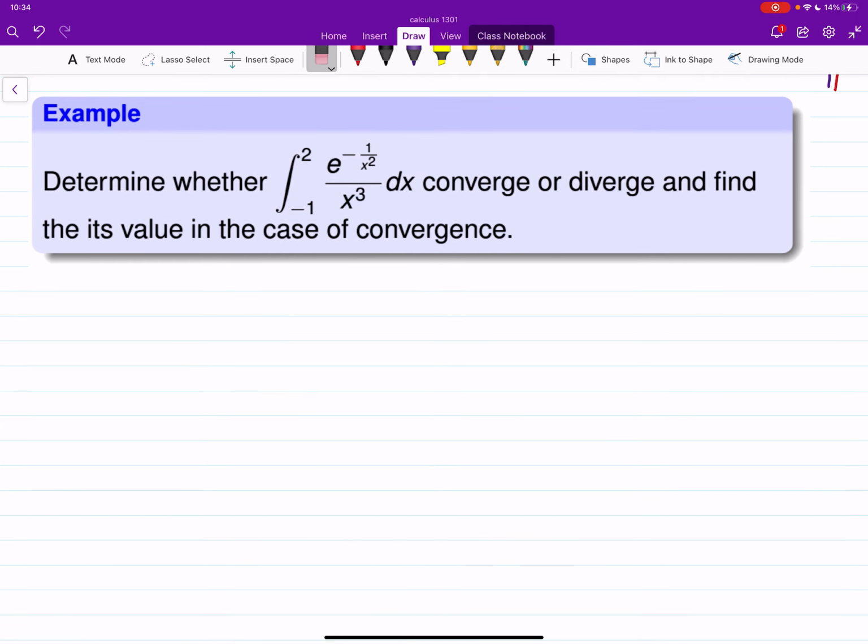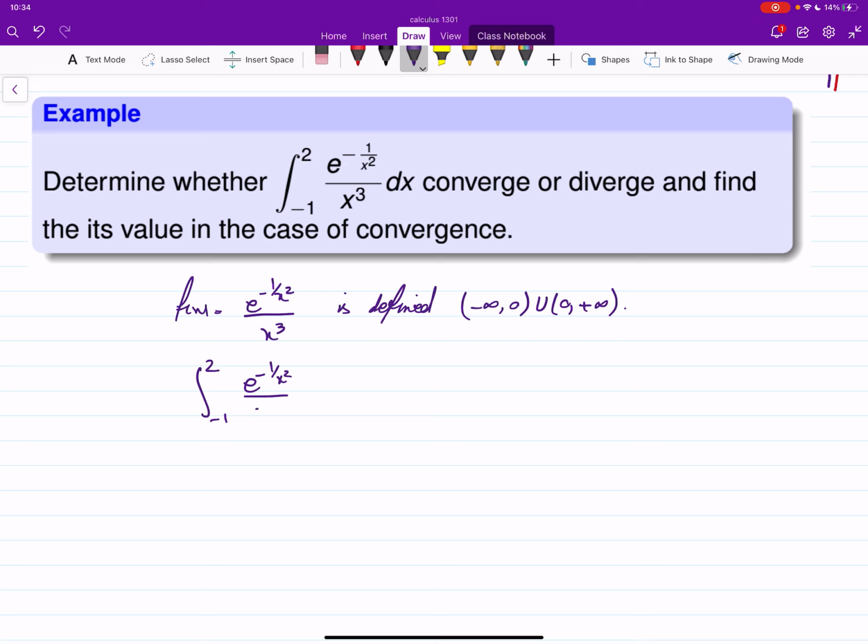So we see that the function e to the power negative 1 over x squared over x cubed is defined on negative infinity up to 0, and from 0 to plus infinity. Okay, so then it is an improper integral. It's an improper integral,